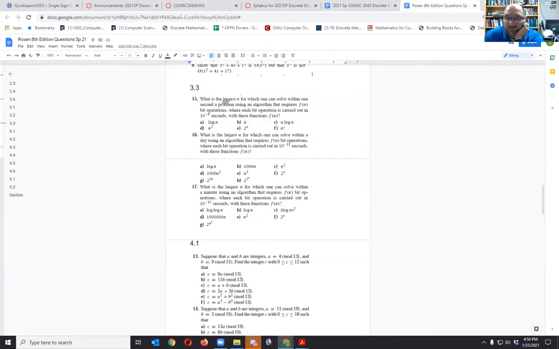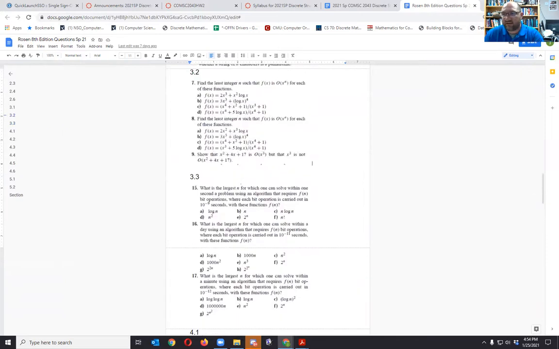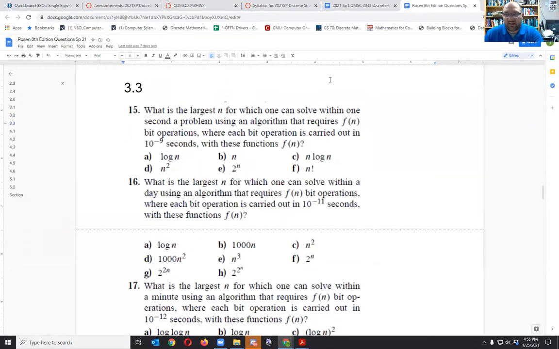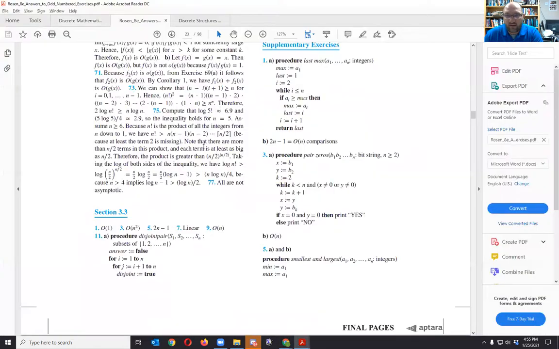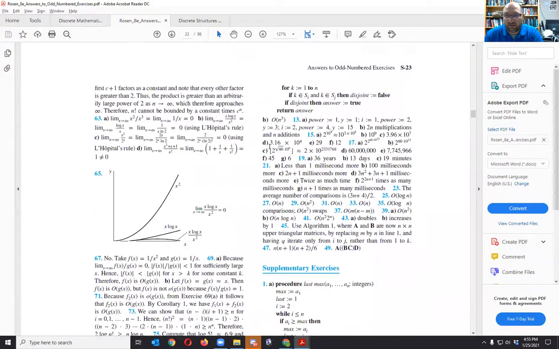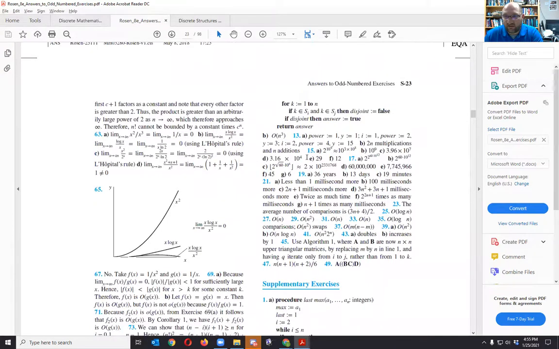So instead of beating our heads against this for too long, let me see if I can make an adjustment here. Nope. All right, let's look at what the answers are to this question. So I'm going to bop over here, and here we are in section 3.3, and I'll come up here to question 15, and it says for part A,